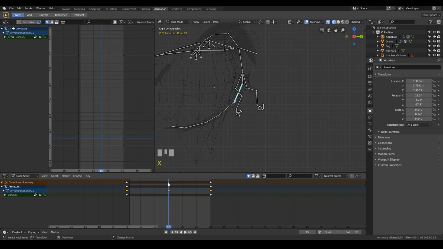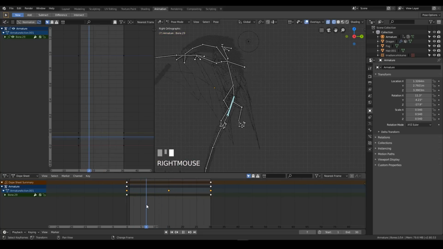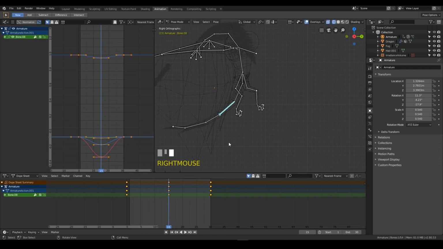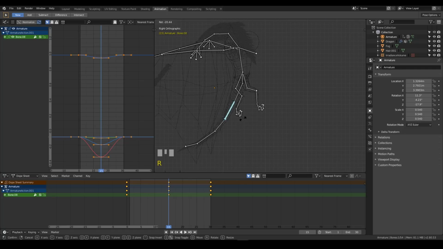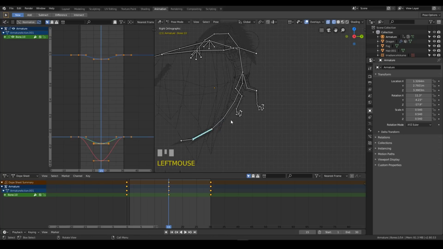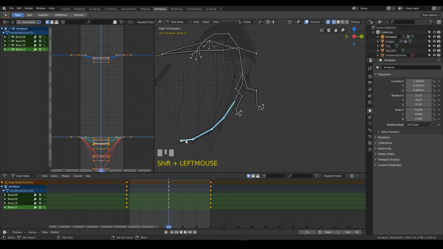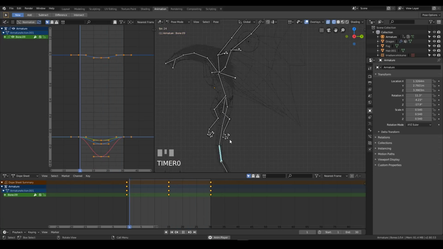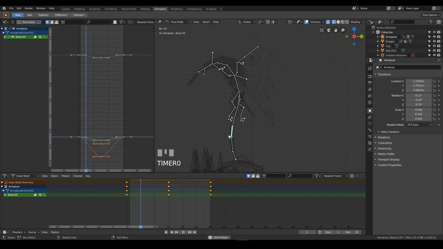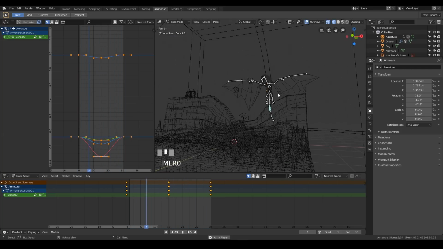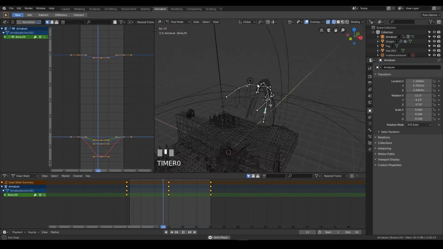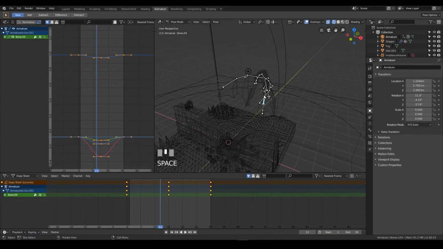And I want to remove these keyframes in the middle, so it doesn't move there. And then I want to update the movement of this one and this one. Okay,